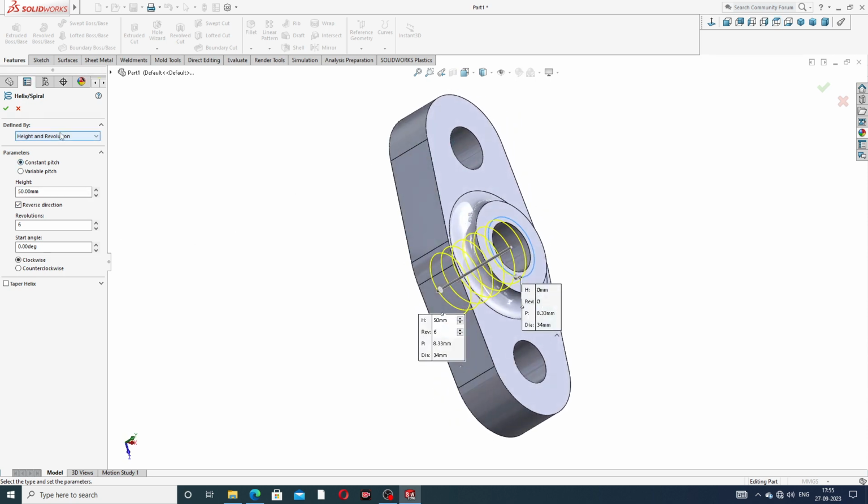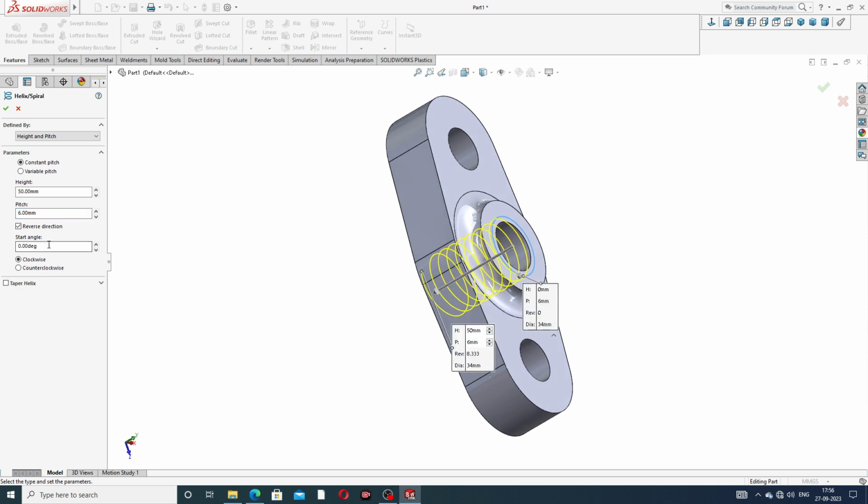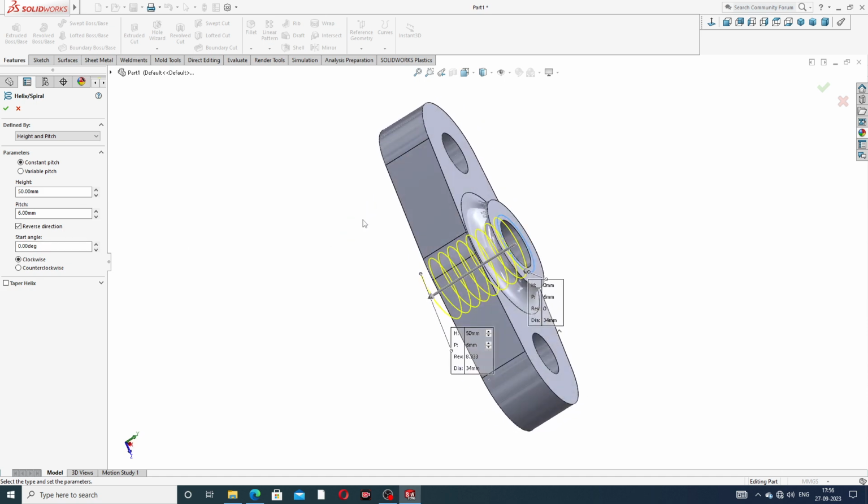And this uses height and revolution, and height and pitch. Height and pitch is also perfect. Okay, and this is very important: height is 50 millimeter and pitch is 6 millimeter. Okay, and direction is reverse, clockwise is perfect, and angle is 0 degree, and all is perfect, because this is very important.